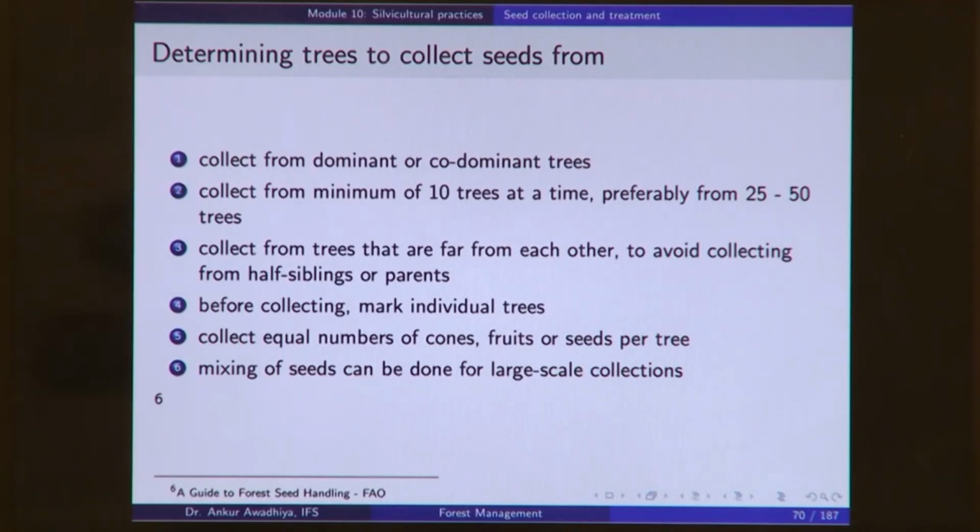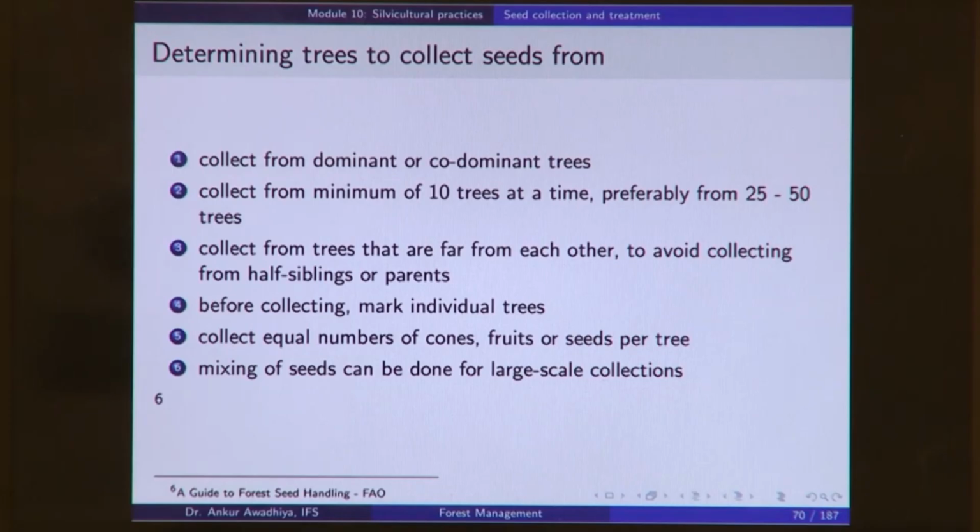Collect from a minimum of 10 trees at a time, preferably from 25 to 50 trees. Now, why is this so? Because there is a possibility that the seeds from one particular tree may not be that viable. So, we typically want to go for more number of trees. Also, at a later stage,